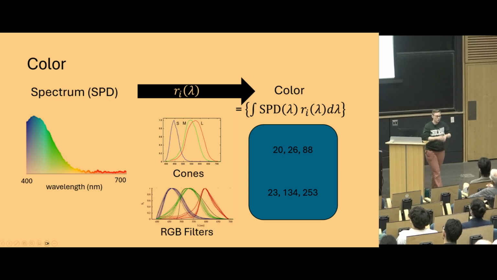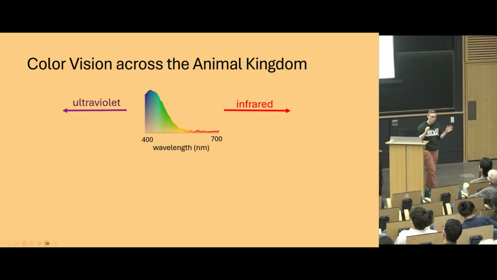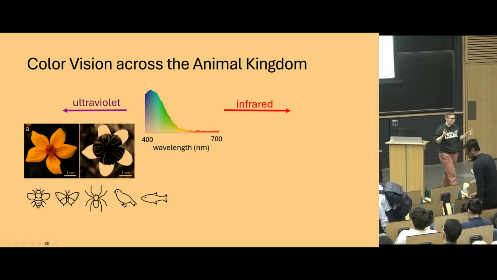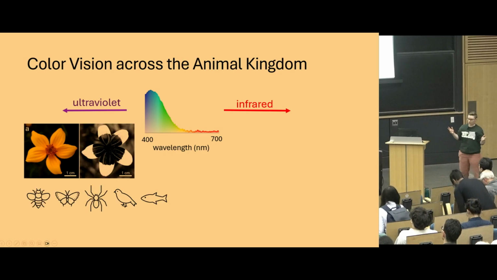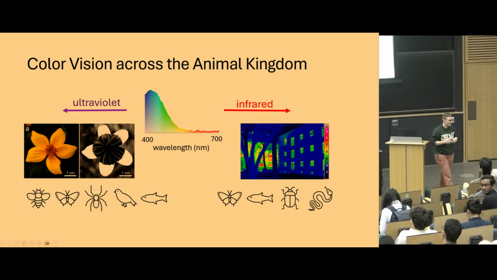OK, so I want to start with what I would think of as the standard model of color vision that applies across a lot of animals. This visible wavelength range, 500 to 700, we mostly agree on. We can go into the UV and into the infrared. I'd say we're a little bit weird that we don't see any ultraviolet. A lot of animals can see shorter wavelengths than we can. Few can see into the infrared, and it's kind of a production when they do.